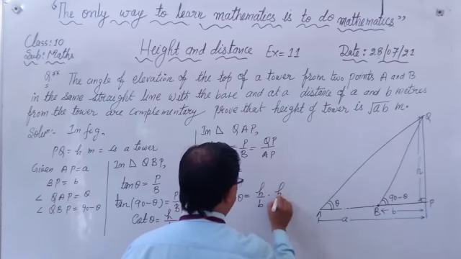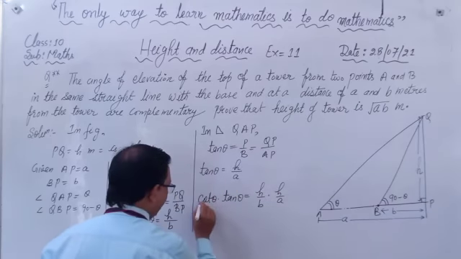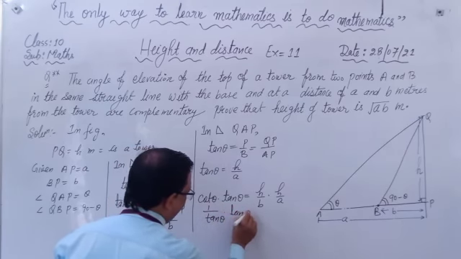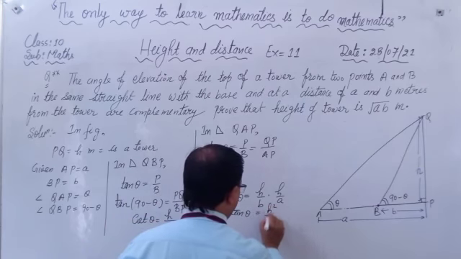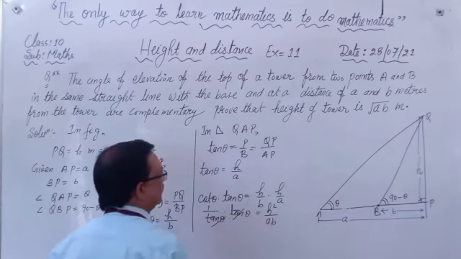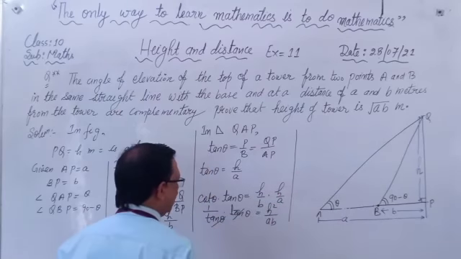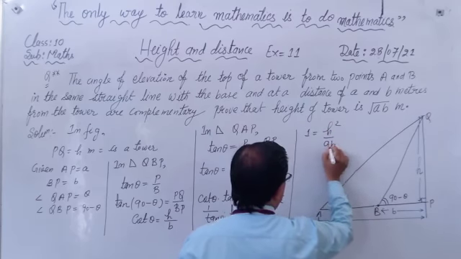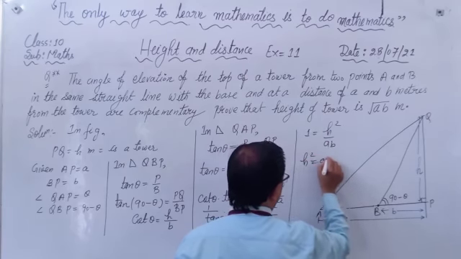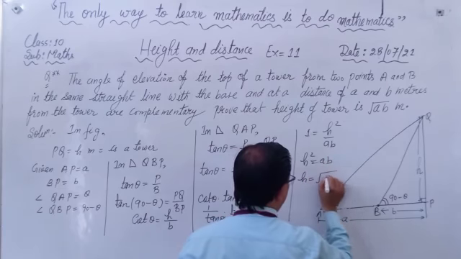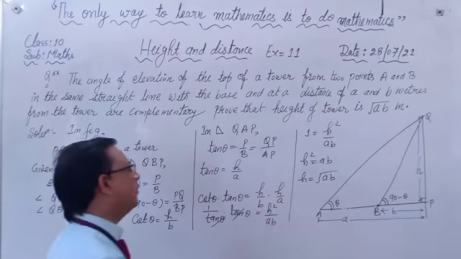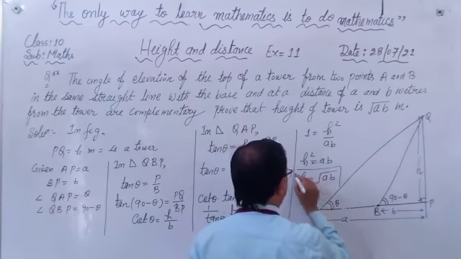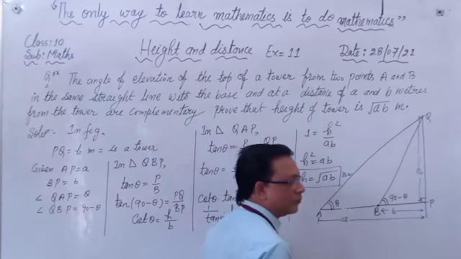We know that cot theta is 1 upon tan theta. So this is 1 upon tan theta into tan theta is equal to h square upon AB. Here this is cancelled. So student, we have 1 is equal to h square upon AB, or h square is equal to AB, or h is equal to root AB. So this is your height of the tower in meters. So student, here we solve a very good question based on the complementary angles.